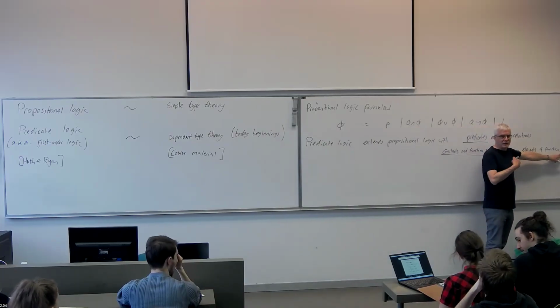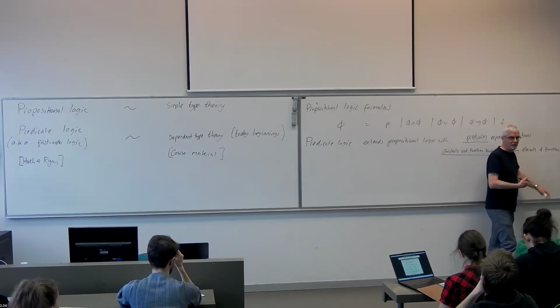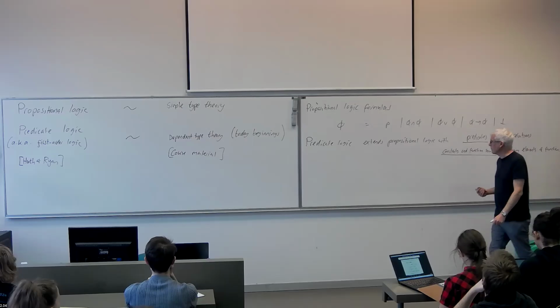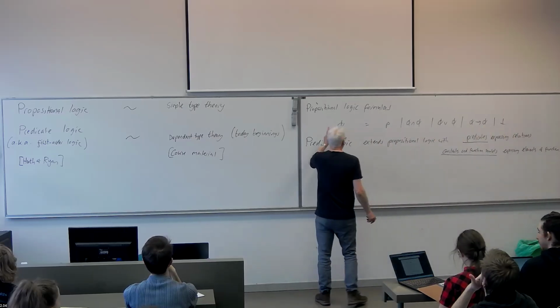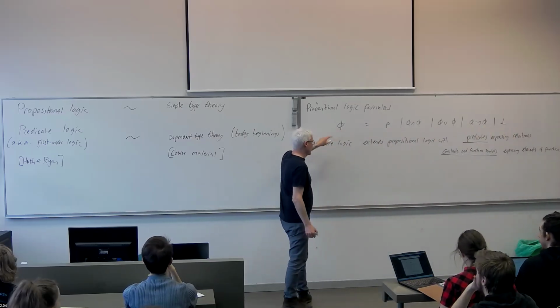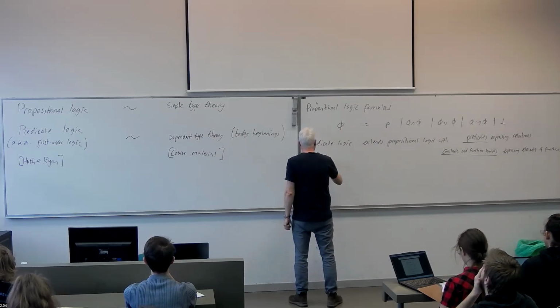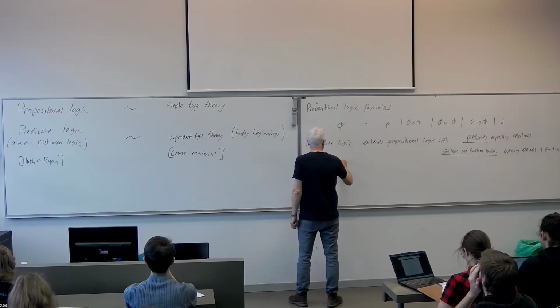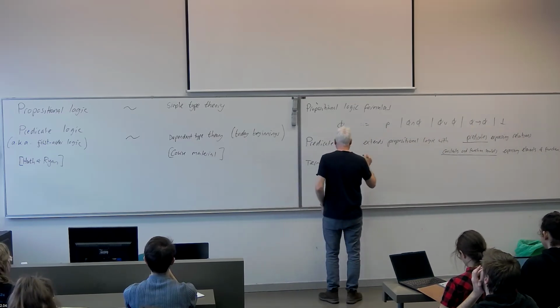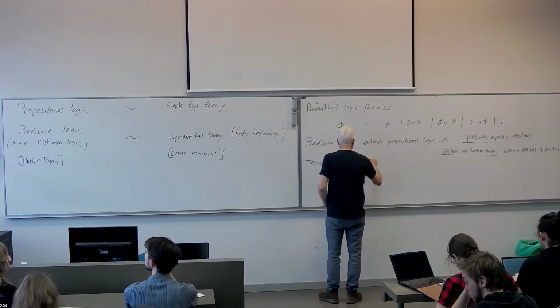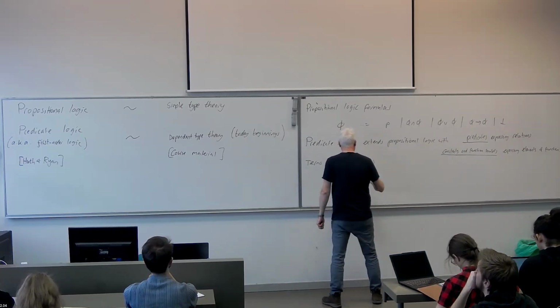So they give us a notation for expressing things in the set of things, the universe of discourse that we want to talk about. And formulas express properties. So terms express elements,